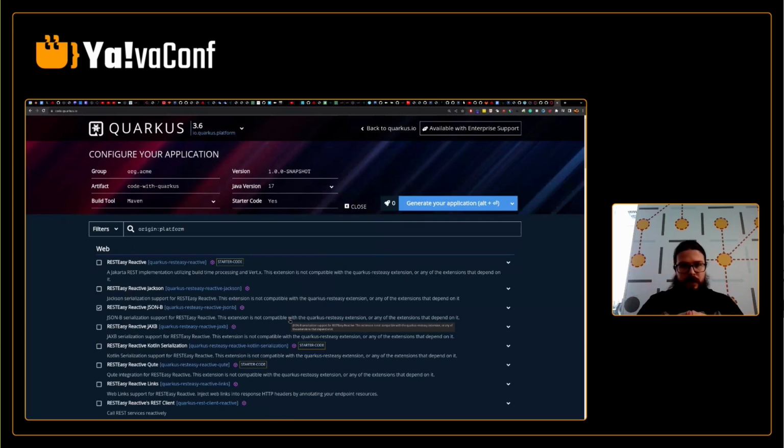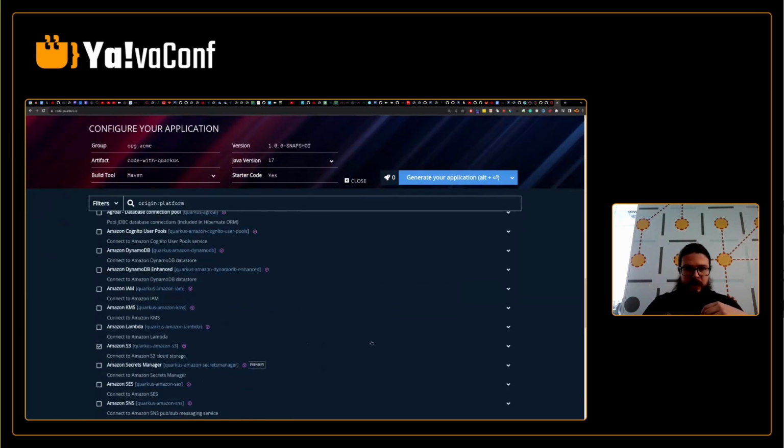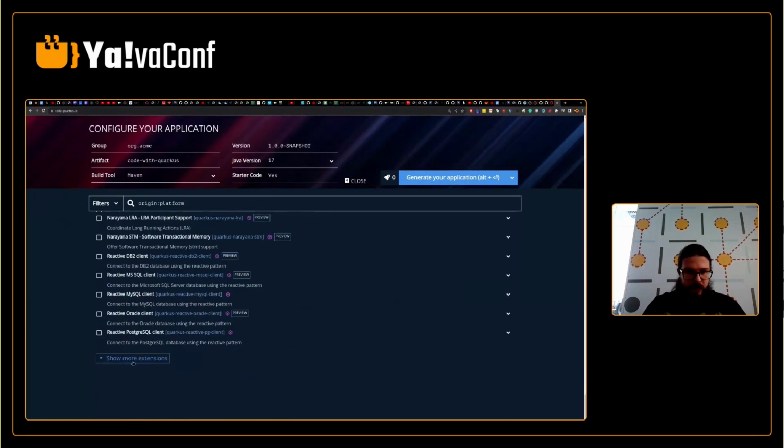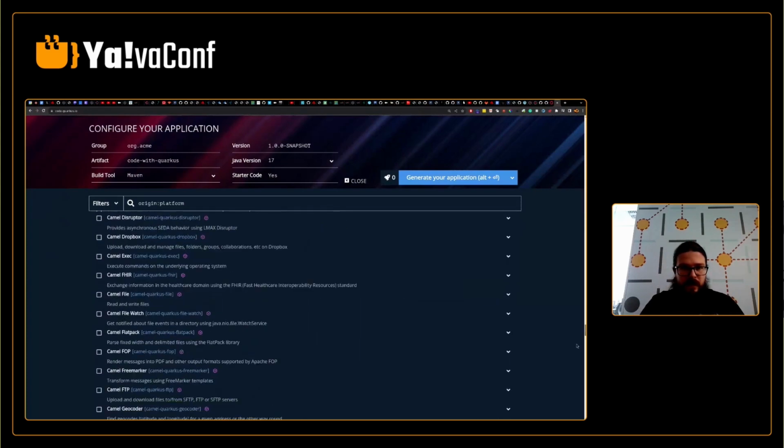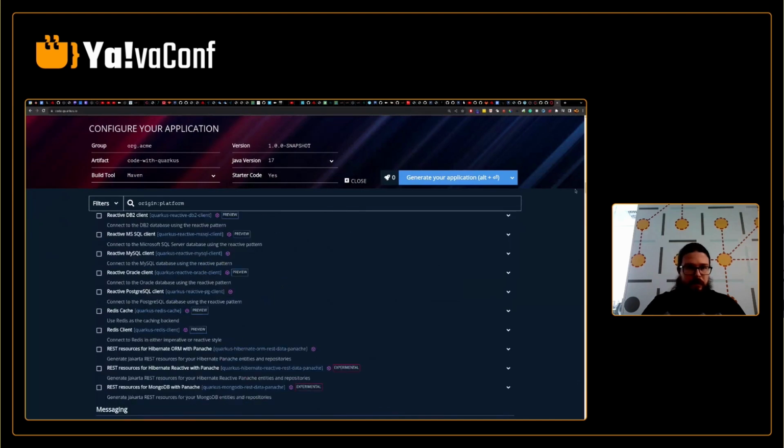Quarkus is a framework which is targeting microservices and serverless applications. You have this concept of extensions, which you can see at the bottom of the screen, which are pluggable pieces of integration code of various libraries that you can pick and choose to include in your different Quarkus applications. I just want to show you that this list is extremely big. You can see that there is a really big bunch of them that you can pick and choose